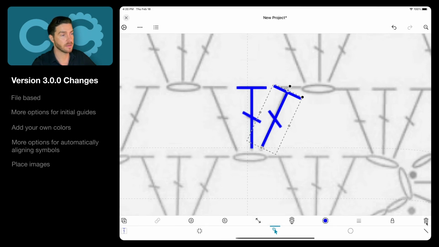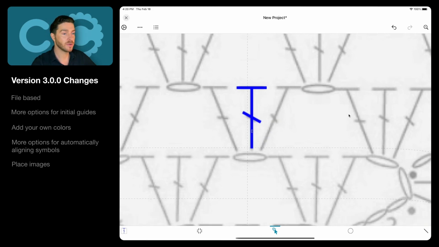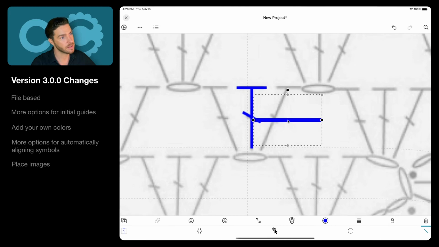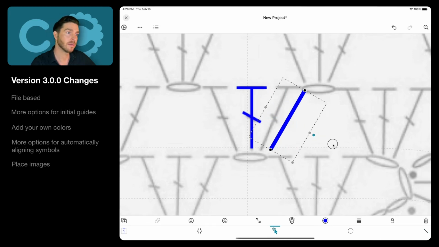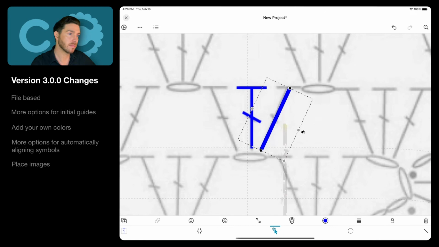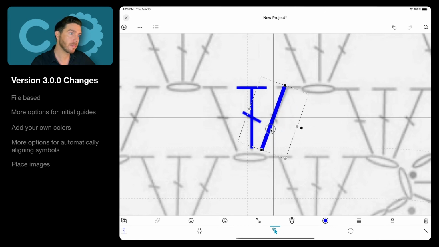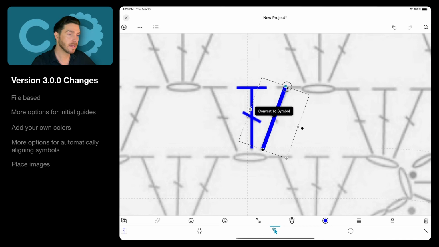So let's delete this. In this new version, you have the option to create your own symbol using lines or images. So in this case, we're going to use lines. So I'm going to place a new line using the graphic tool like this, rotate it like this, maybe so. Scale the line a bit like this. Then I'm going to use a new line width tool at the bottom here to reduce it a bit so it resembles the existing symbols in the library for best results.